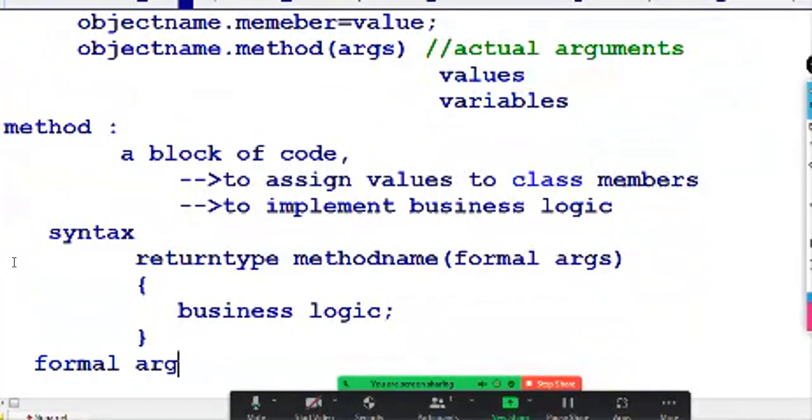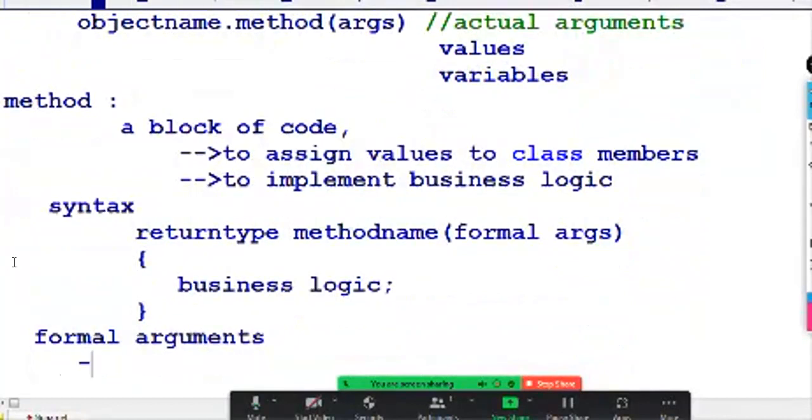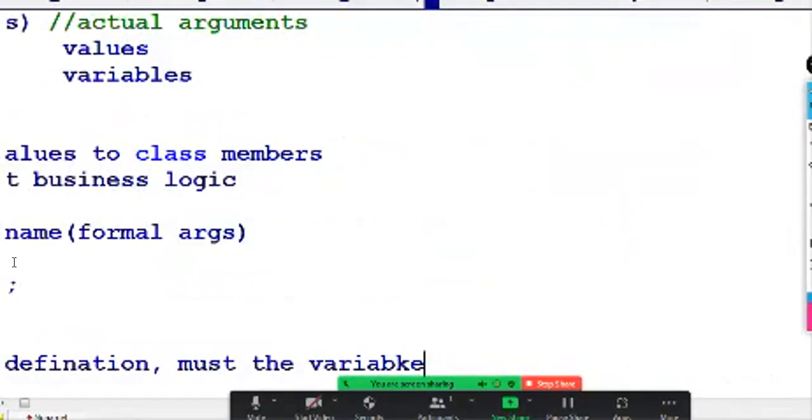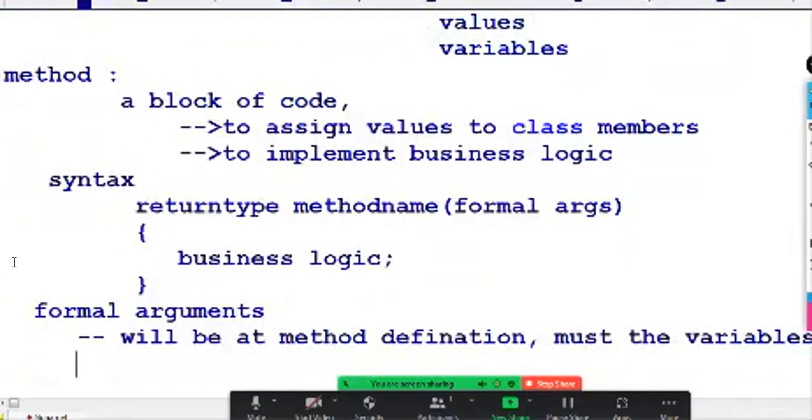Now, what is meant by formal arguments? Formal arguments are taken at the method definition. They must be variables and need individual declaration.